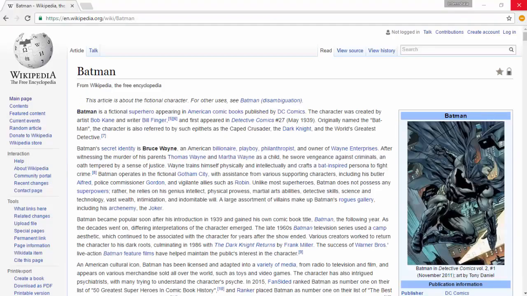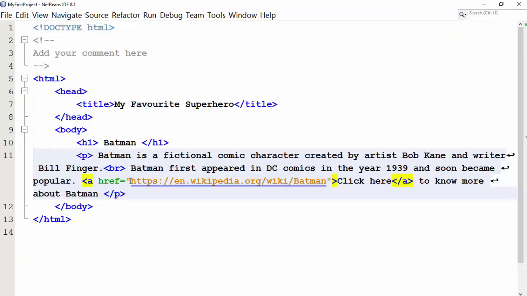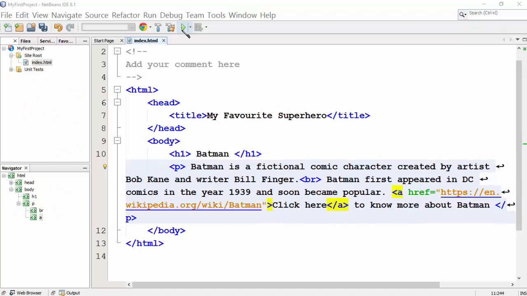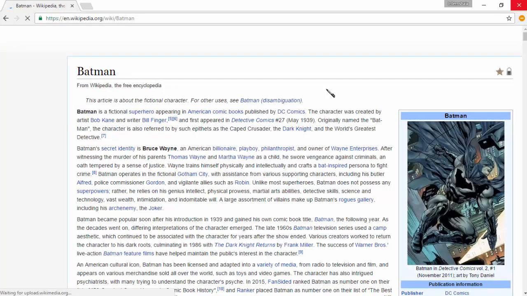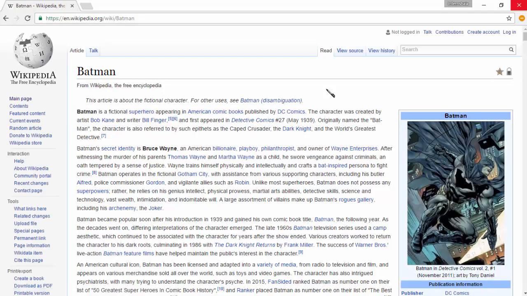This is the page that we want to link to the anchor text. I will copy the link of the page. This is how we will link the text to the URL that we copied. When we use the href attribute, the server scans for the mentioned file in the URL and displays it in the browser. Let us see the output. We see the text is hyperlinked now, and when we click the text, it opens the page that we wanted to link in the same tab.